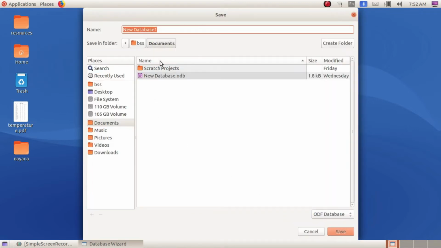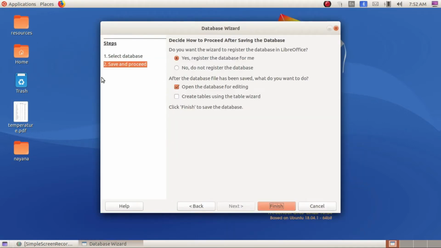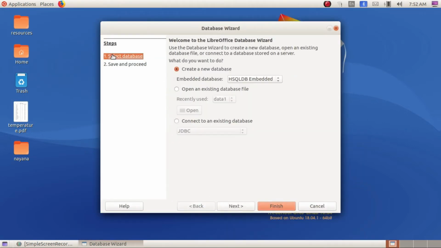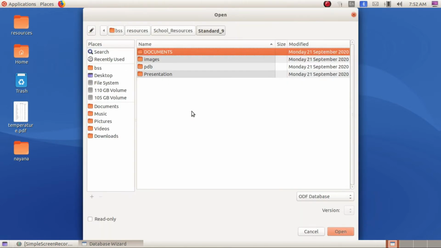Okay, I am creating the database 1, or you can open this new one. So we'll select a database which already exists. We have done it in the last class, and just click open.